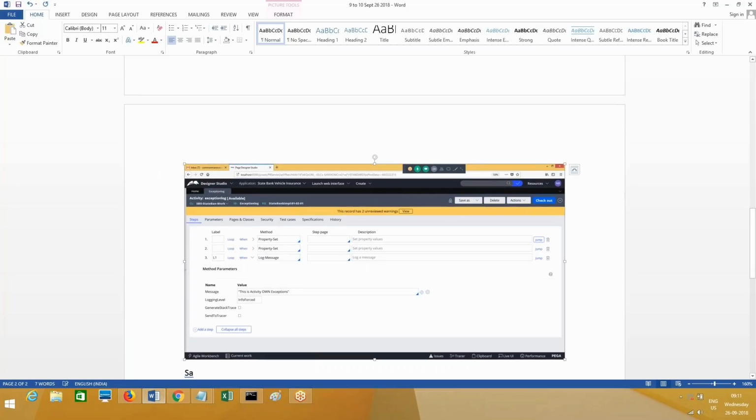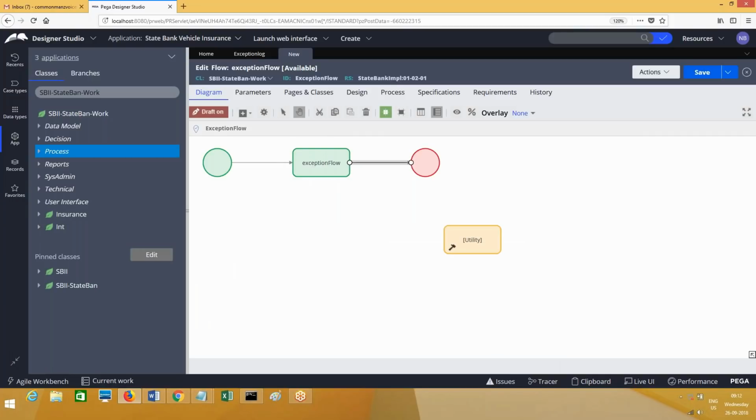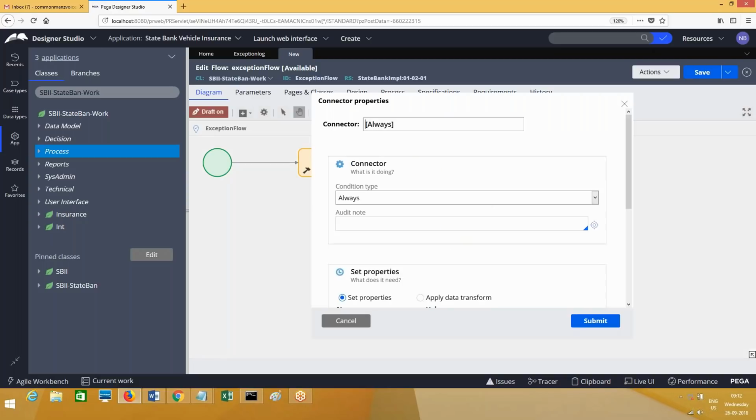Info forced. Okay, save this. Just go ahead and save this. Which flow shape we need? Okay.